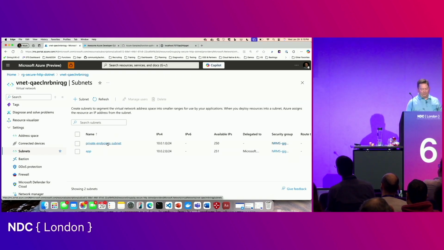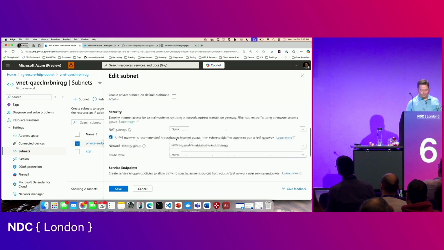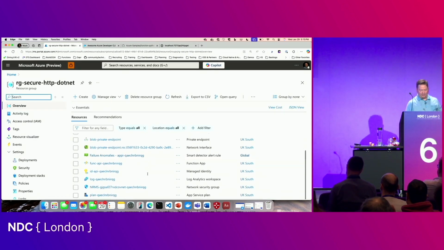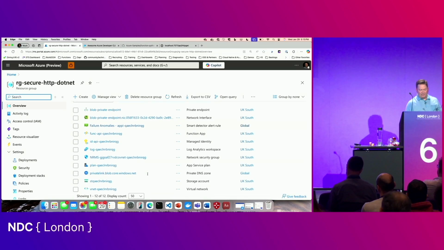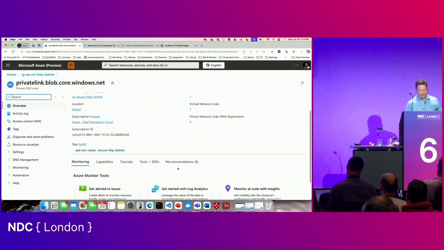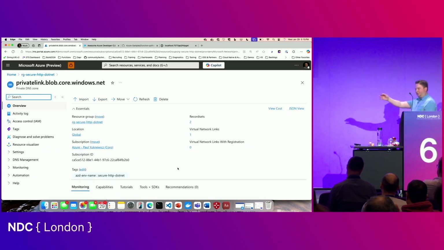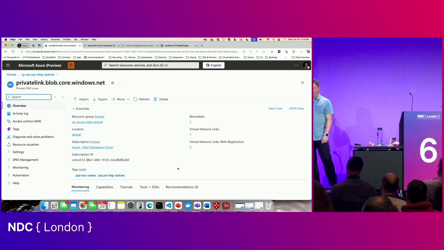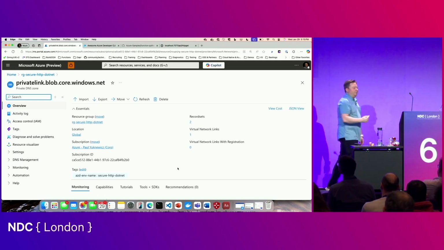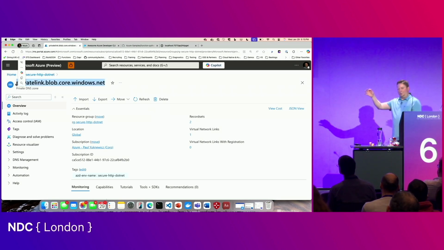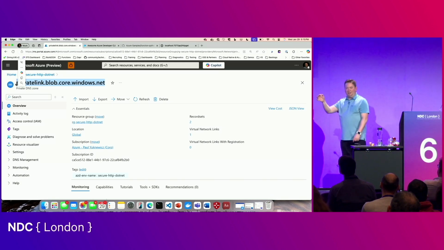And then we have these things called private endpoints. And the private endpoint is effectively that little tiny hole through the firewall. So to get to that storage account, I have to come in through a trusted IP. And this private endpoint in the private DNS zone gives me a feature where I can refer to a well-known domain here, and I can find that storage account and talk to it using the right IP to get through.